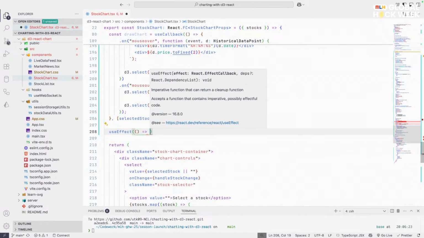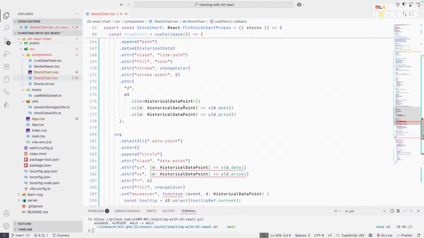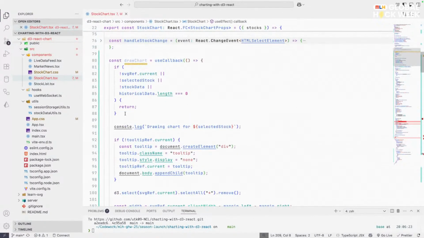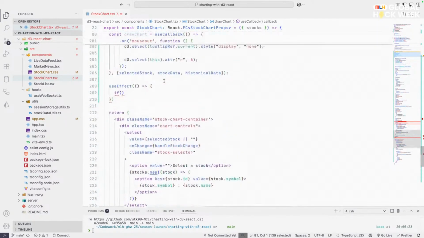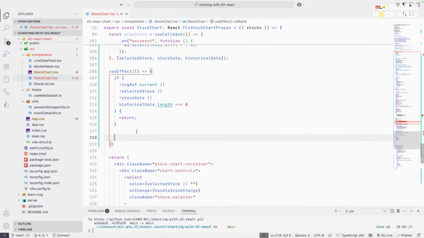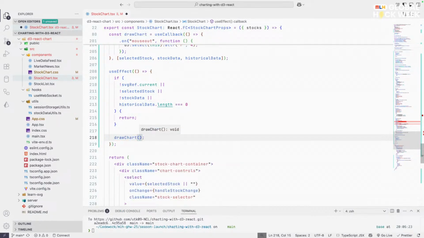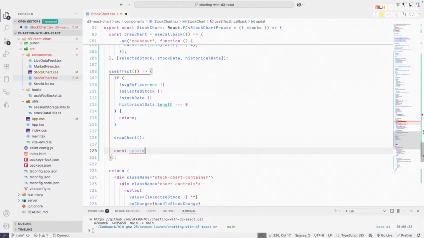And I am going to say if there is, I can copy this, right? So another use effect, another side effect, basically, technically. So if these things do not exist, return else. It means that these things exist, and we call the draw chart function. Now we can create a const update interval,